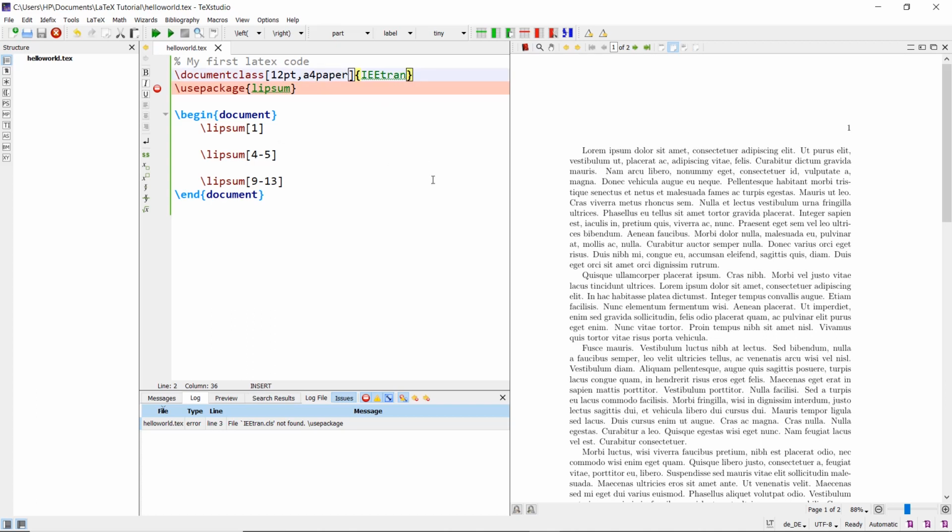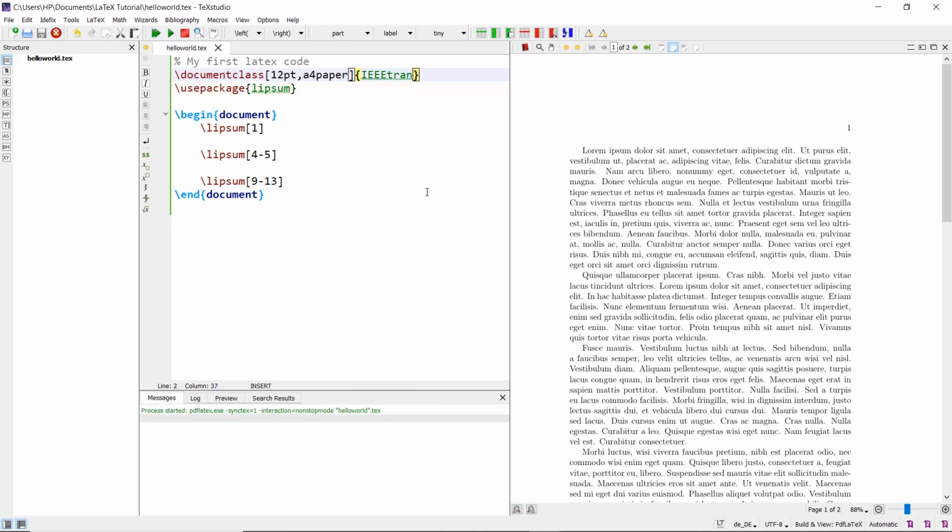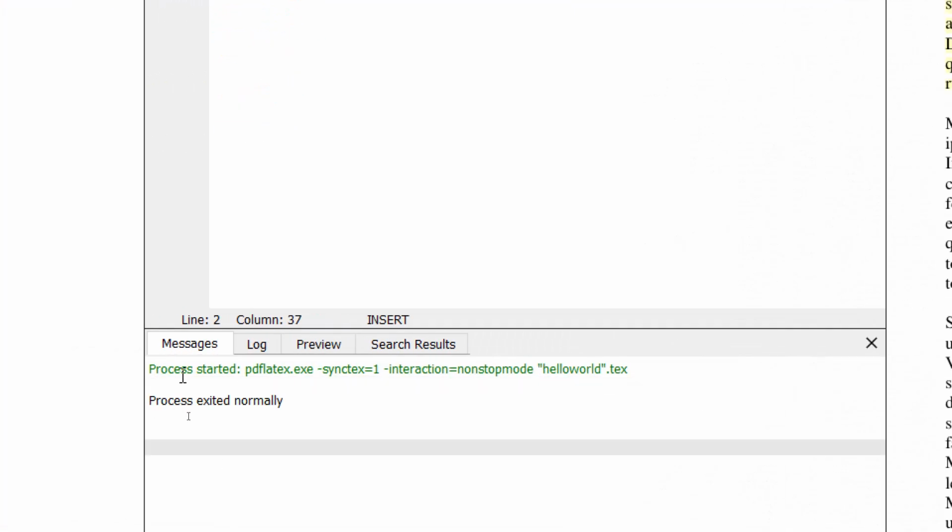Okay, it should be IEEE Tran, T is small. It is now trying to compile and generate the document.